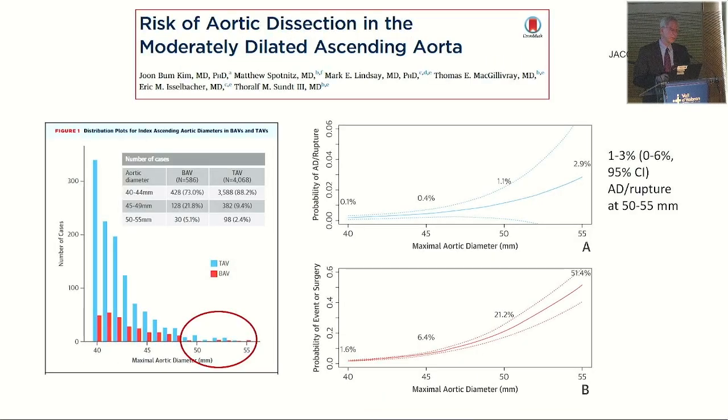This is a paper from Tirone David's group and others at Mass General looking at the risk of dissection in the moderately dilated ascending aorta, emphasizing the low risk of aortic catastrophes when the aorta is relatively small in the absence of syndromic aortopathy. But you can see on the top slide to my right that the absolute incidence of aortic dissection is somewhere between 1 and 3%, again, under watch for aortas of 5 centimeters or greater. But up to half the patients under watch had elective surgery while under watch.